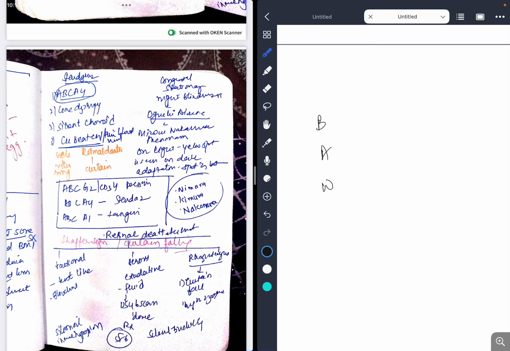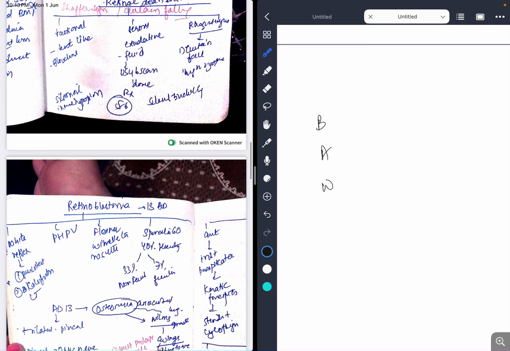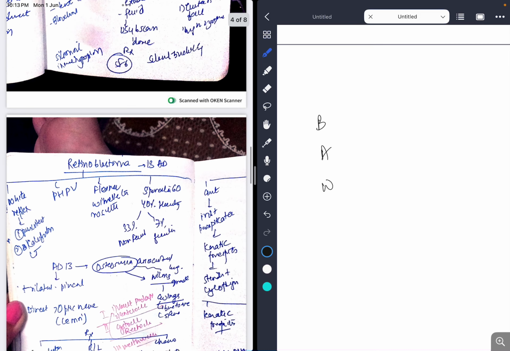There's an appearance of silicone oil or inverse hypopyon when you inject SF6, right? For the retina to swell up, right? And you can also do scleral buckling. Now, let's go to